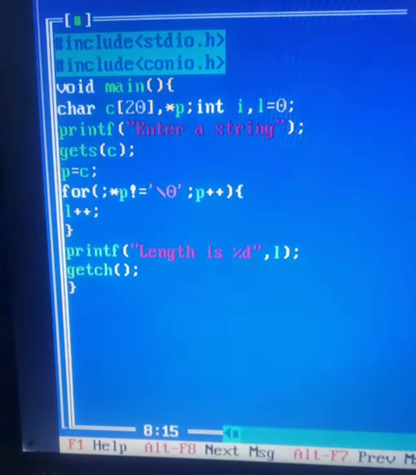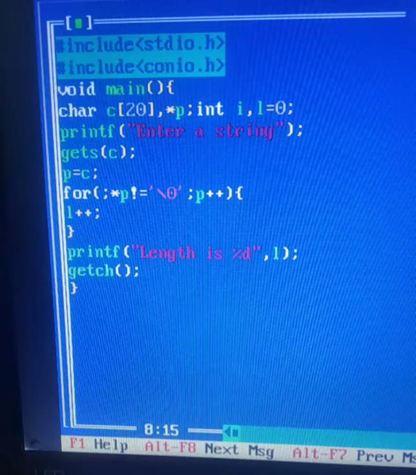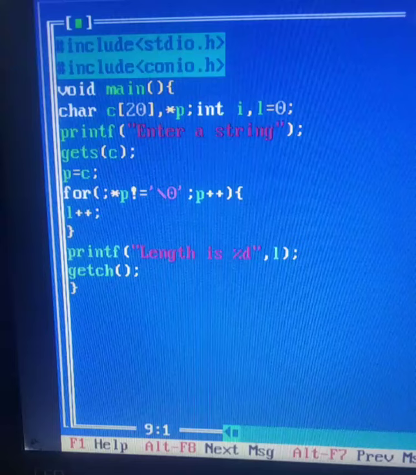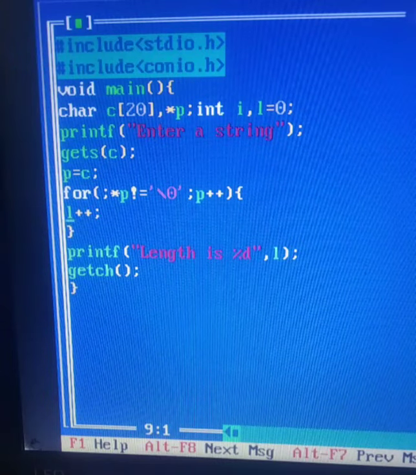Then with *p, it is going to pick up the value of first position, e, and check whether it is not a null character. If it is not a null character, l will increment and it will become 2. And so on. Now by this process the pointer will permanently move to the null character at the end.